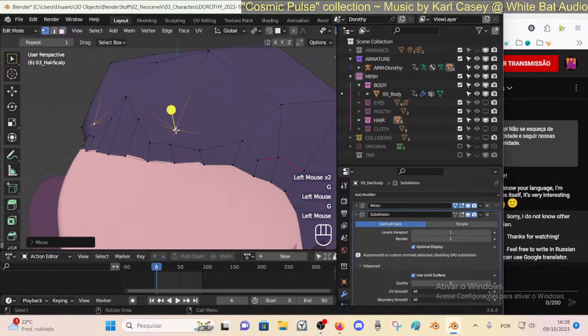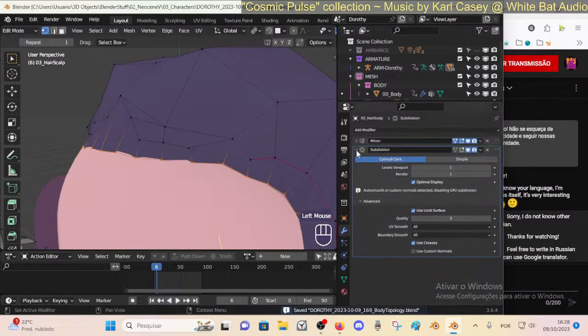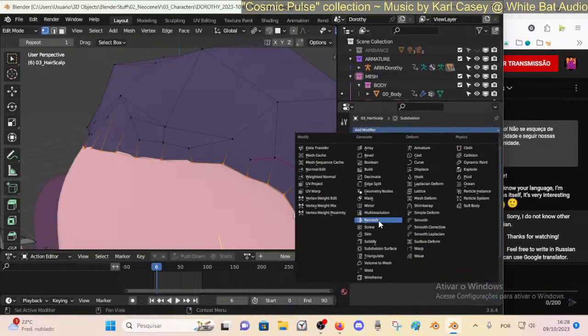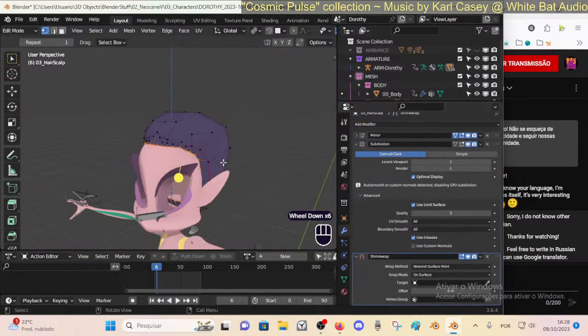I need to do something better about these subdivisions here. I think I know a special technique here. So shrink wrap, I'm gonna pick